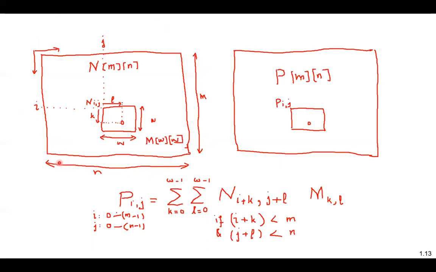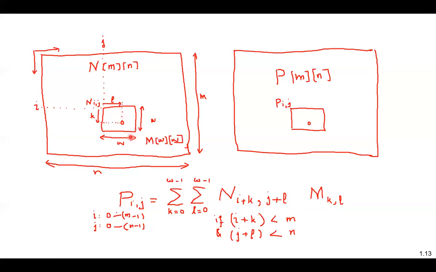So my outer for loops, instead of one, will be two for loops with these two ranges for the processing. Now the inner for loop: if I am at Nij, because of the outer for loop I have reached here, now I have to use indices k and l in the range w, both w, and carry out this multiply accumulate. So this point will be i plus k, and the other index will be j plus l, and I will do that for this whole range.